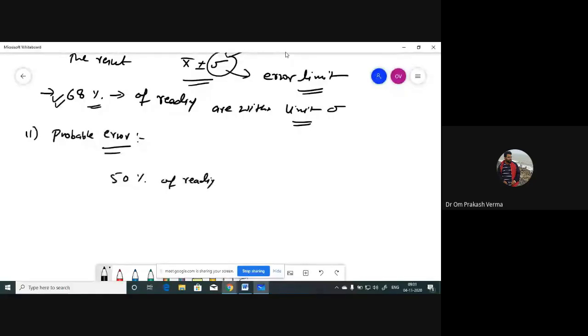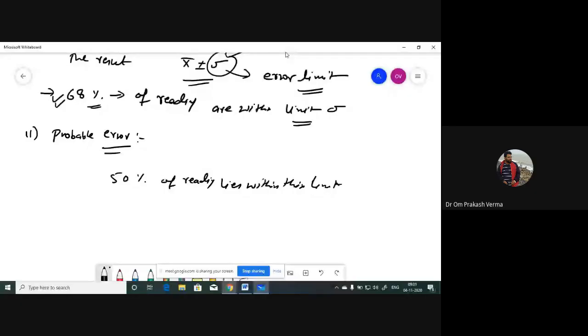तो ये मैन्युफैक्चरर का अलग अलग डेफिनेशन है। पहला आपने दे दिया 68% के टर्म में, दूसरा 50% के टर्म में, तीसरा 2 सिग्मा, जैसे तीसरा है प्लस माइनस 2 सिग्मा लिमिट। तो 2 सिग्मा लिमिट का मतलब क्या है, यहाँ पर आपका प्रोबेबिलिटी रेंज बढ़ गया, the range of the probability increases. How? It gives 95% of readings fall within the limit, right?